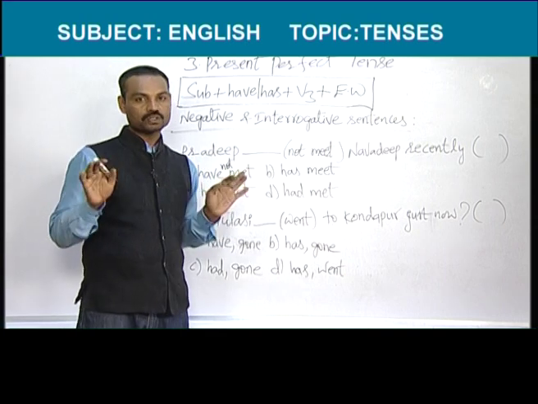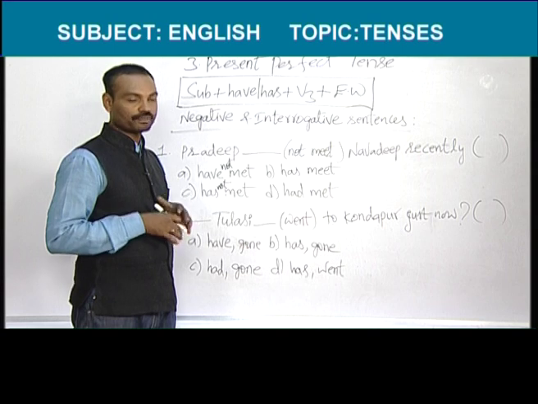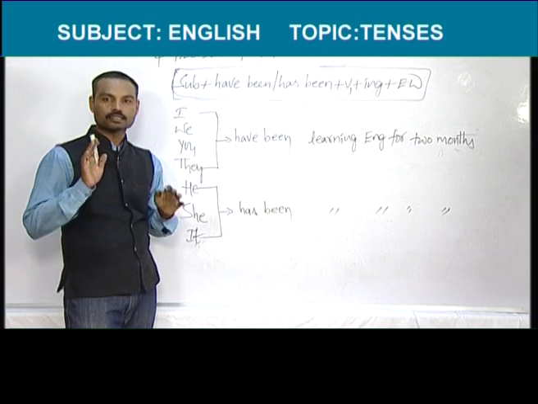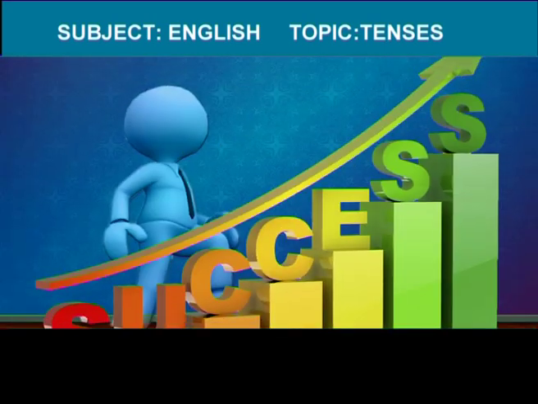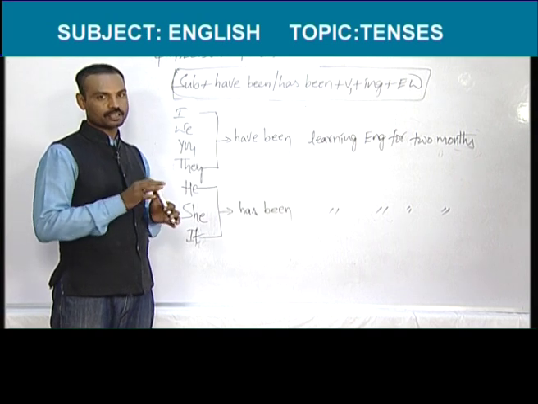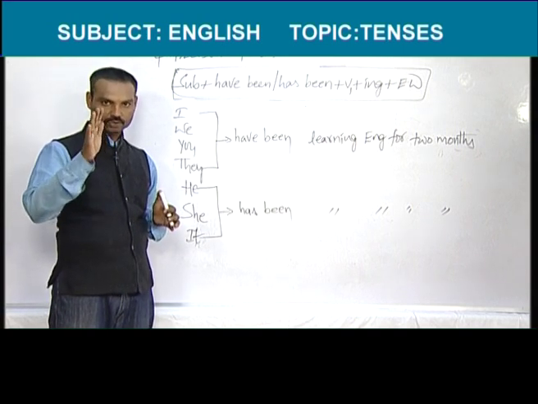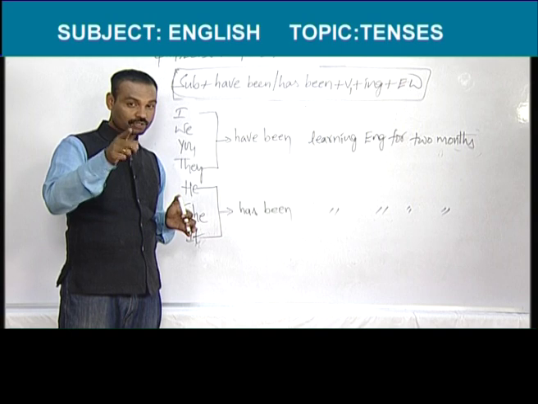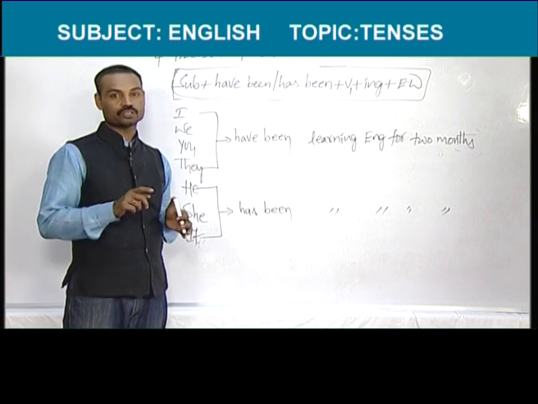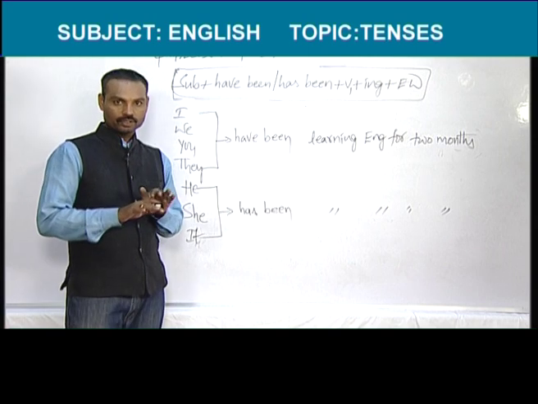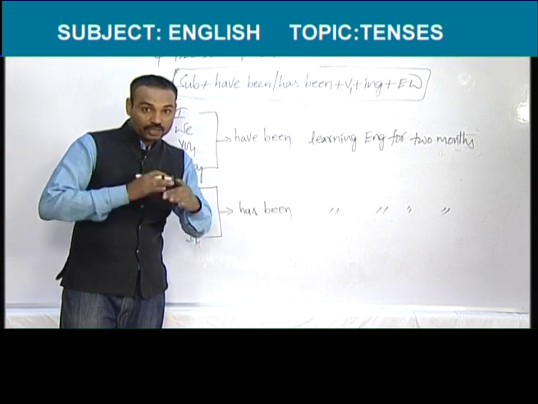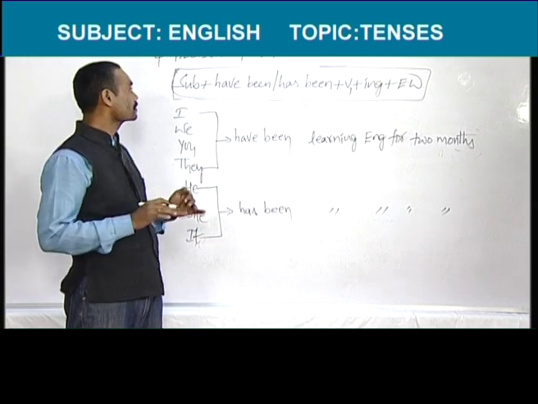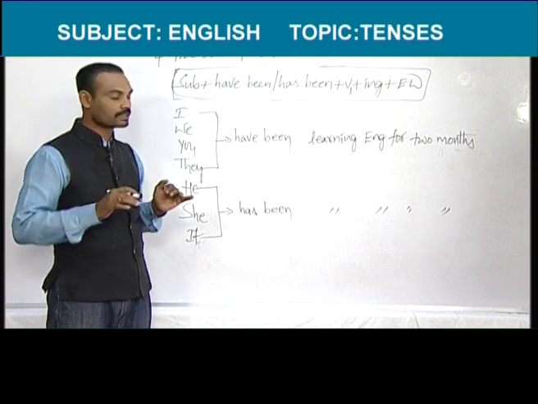I hope you understood well this present perfect tense. Friends, next tense name is present perfect continuous tense. This is the fourth tense. So, now I am going to tell you the definition of this tense. The tense which is used to indicate an action which was started in the past, that should be going on even in the present. Up to now, that should be going on. So, to tell such works, we should use present perfect continuous tense.